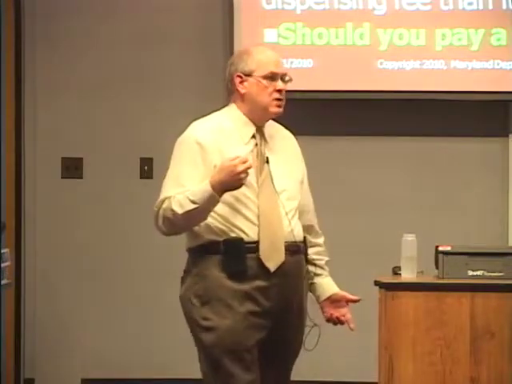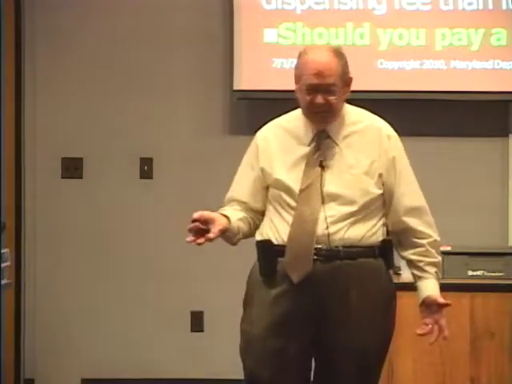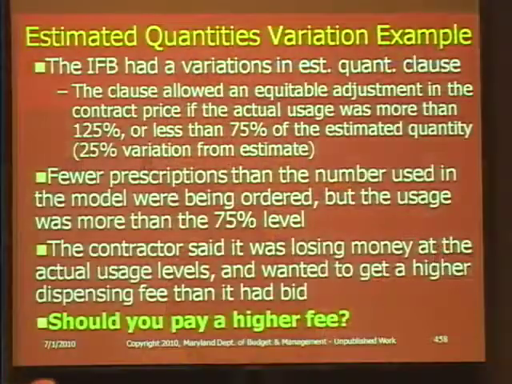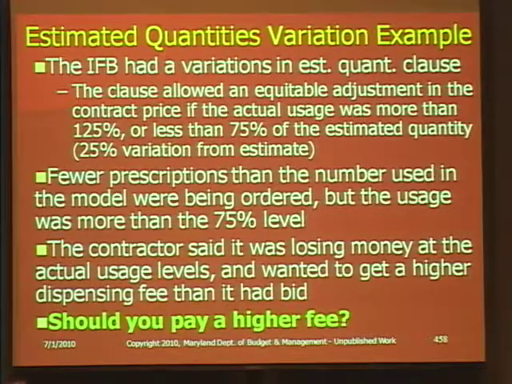And a variation in estimated quantities only applies to fixed price contracts. But anyway, not knowing that, I thought I was smart in putting this clause in, not even knowing it doesn't apply. In this particular instance, we followed the routine where we allowed the 20% variation. So the variations in estimated quantity clause said that if the actual usage was less than 75% of the estimate we had on the price form, or more than 125%, the vendor would be entitled to an equitable adjustment. And what happened was that